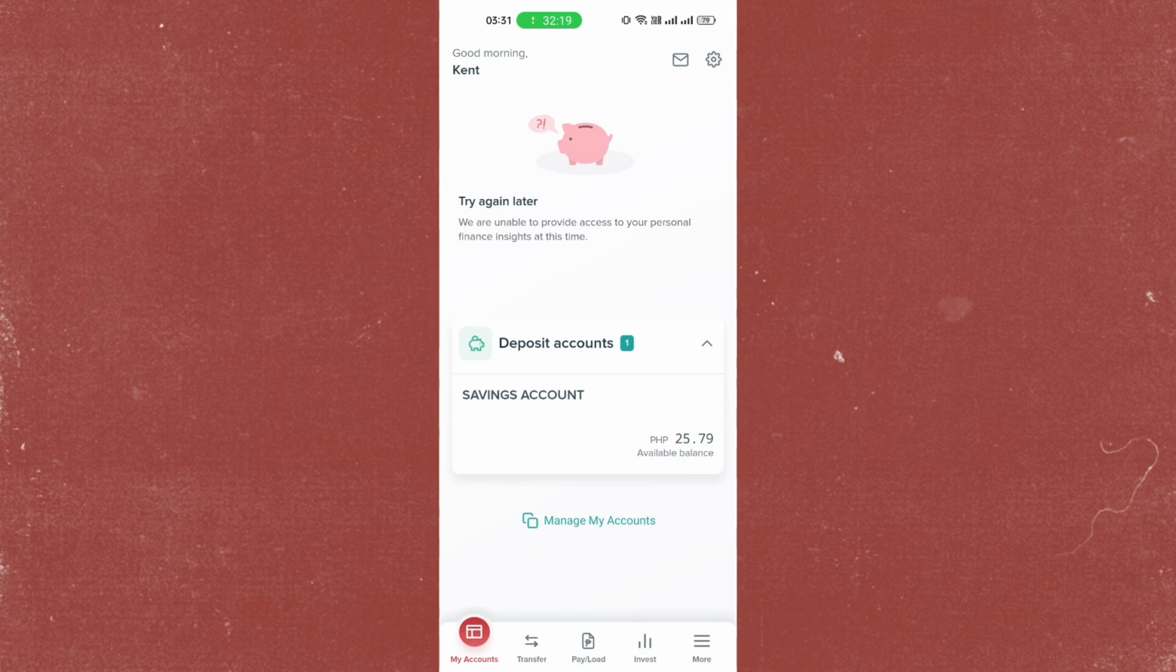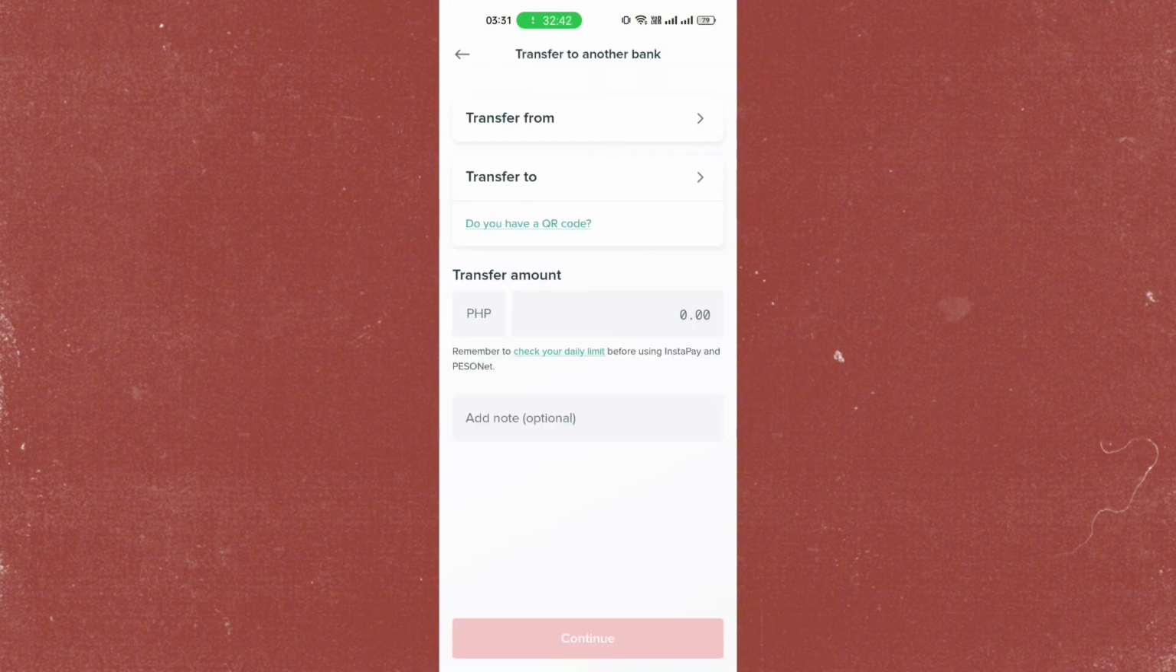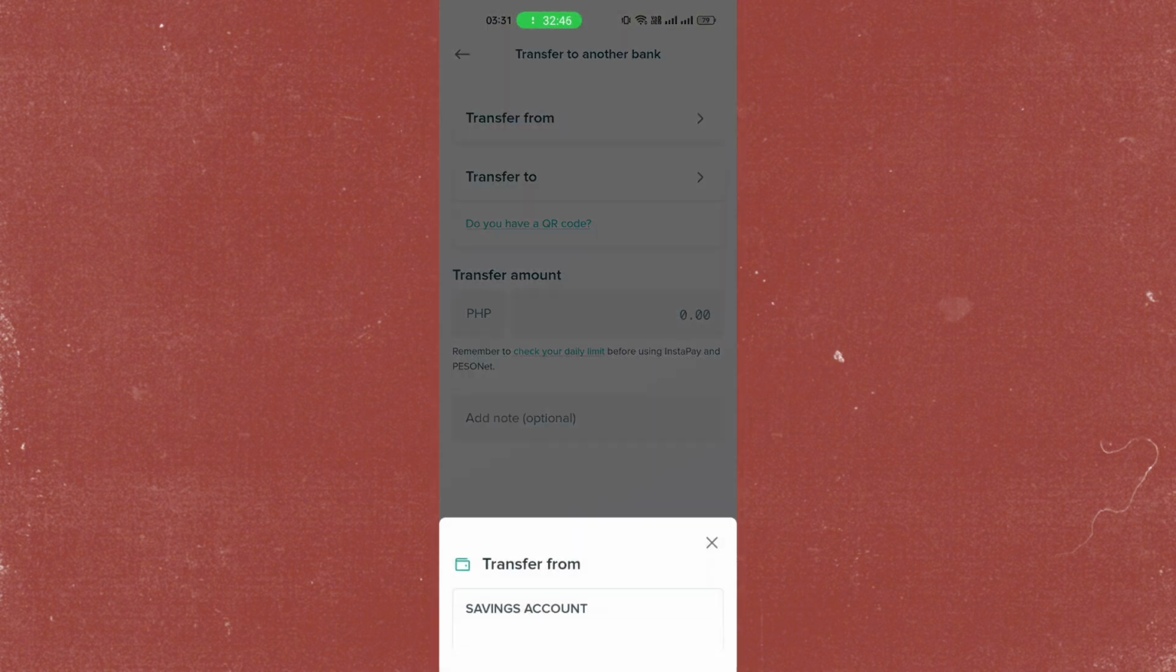And then you will see a transfer button at the bottom right side of the My Account. So just tap on that one. Now, once you do that, you can see that there are lots of methods on how you can transfer, but now we're going to tap on transfer it to another bank and then tap on the savings